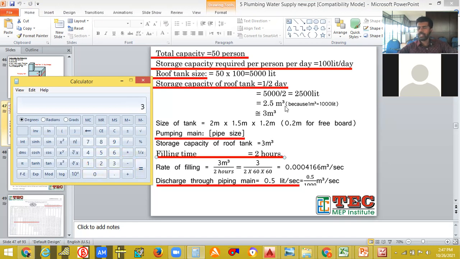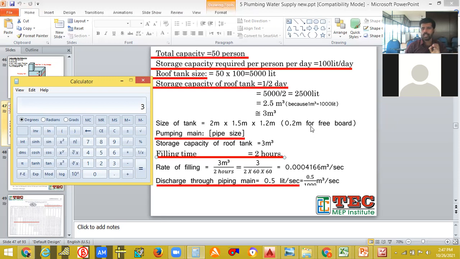You will be getting sufficient storage. But you can see that you are multiplying with 1.2, which means 0.2 will be a free board, a free space. So when you are trying to design a tank, there should be some free space, because of the air and such, pressure can settle there. It should not always be full. We have to give a gap in between it,